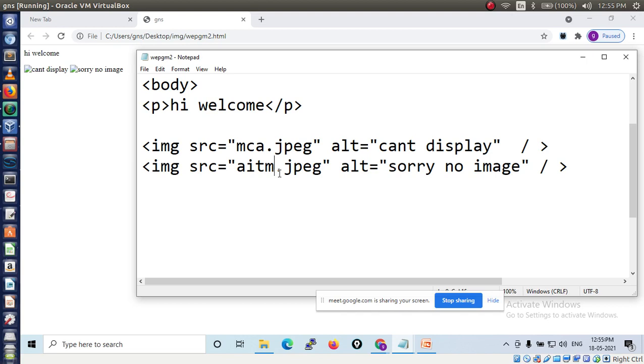For that purpose I am using the alt attribute, and then I write a message. You can write any message, like "sorry, image is not displayed". Choice is yours. Now let me see what will happen if I display the first image.